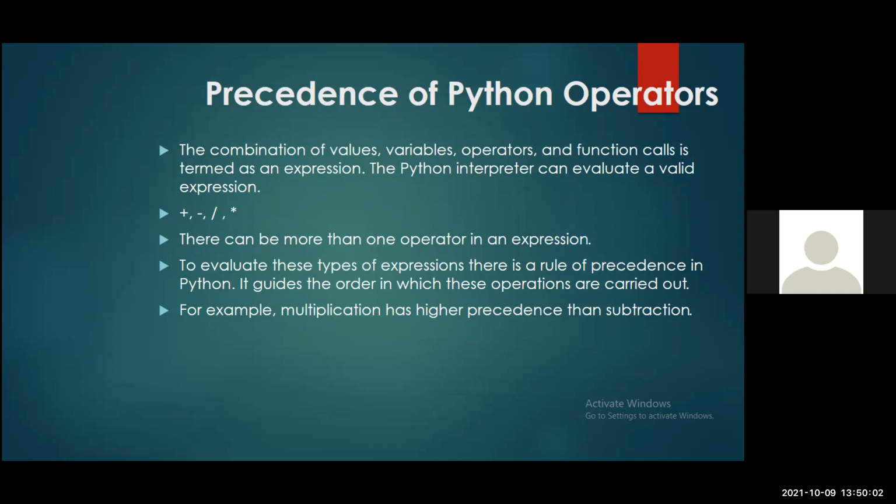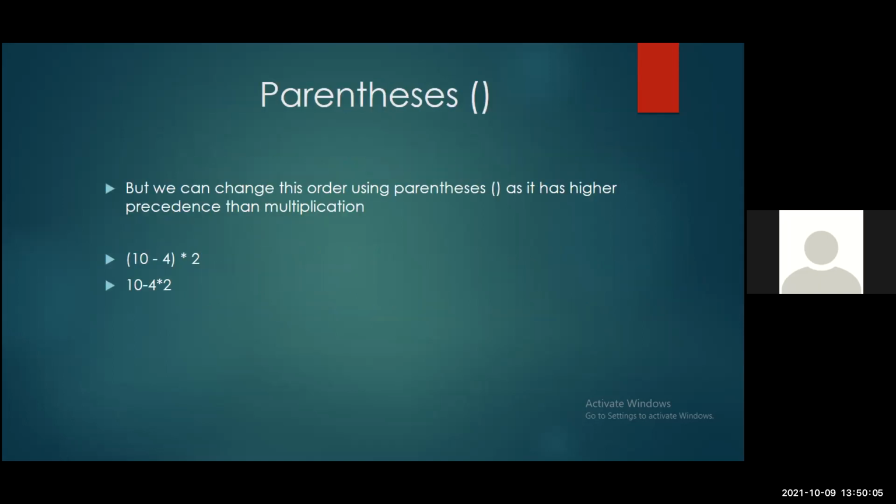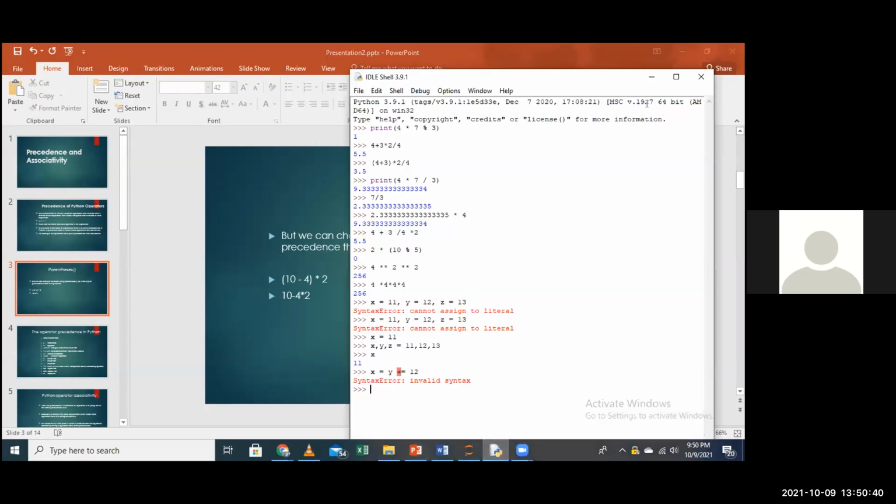Just the way the rule of BODMAS guides us, the same thing applies in programming as well. Parentheses, the brackets, always take the highest precedence, then multiplication and all those others. So for instance, let's compare parentheses and multiplication, and see which one is computed first. First, I want us to go practical here and see what we can do.